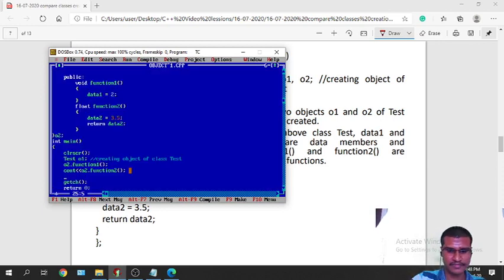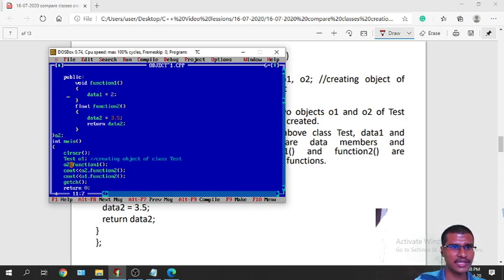That is o1 dot function 2. Now you just see here, because o1 dot function 1 is not displaying any value.